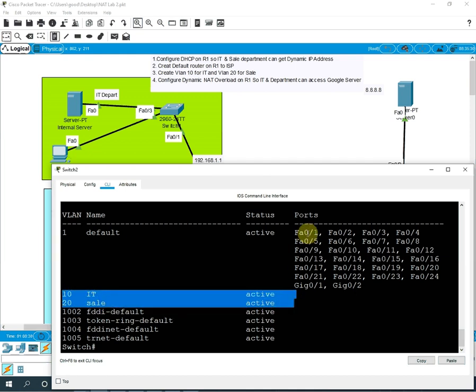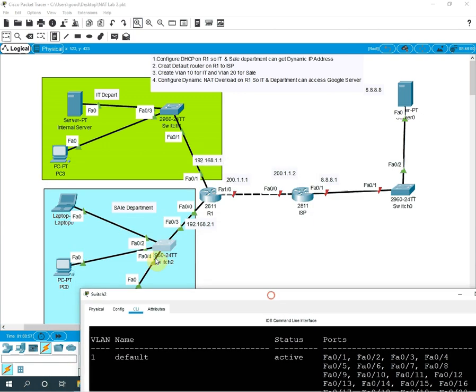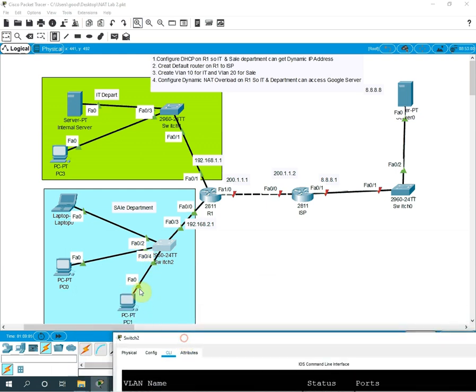So now we need to move some ports, whatever port we want to move, and assign them to these. By default all ports are assigned to VLAN 1. VLAN 1 is nothing but the native VLAN. By default it comes as the native VLAN. So whenever we receive any untagged traffic, it will be forwarded to the native VLAN, that is VLAN 1. Now I need to assign the port to that one. If you see here, this is our switch, and this is F0/2, this is F0/4, and this is how many ports we have.